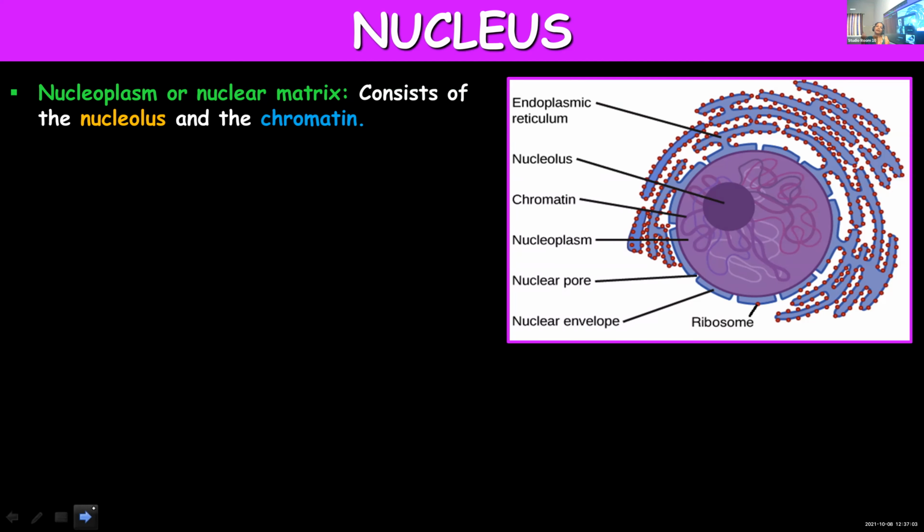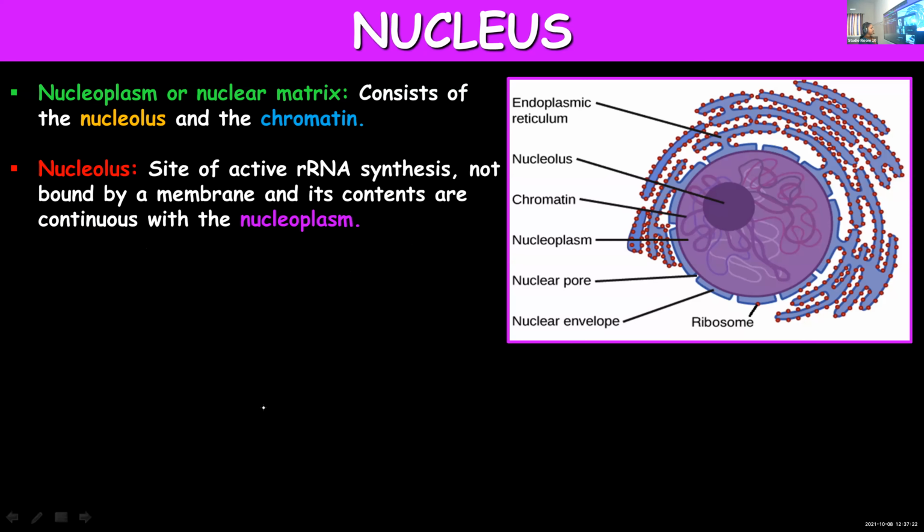Cytoplasm is a matrix present within the cell, between the nucleus and the cell membrane. The matrix present within the nucleus is nucleoplasm. It consists of the nucleolus. Nucleolus is a spherical body. The number of nucleoli can differ. It can be one or more, plus chromatin fibers. Okay. Next is about the nucleolus.